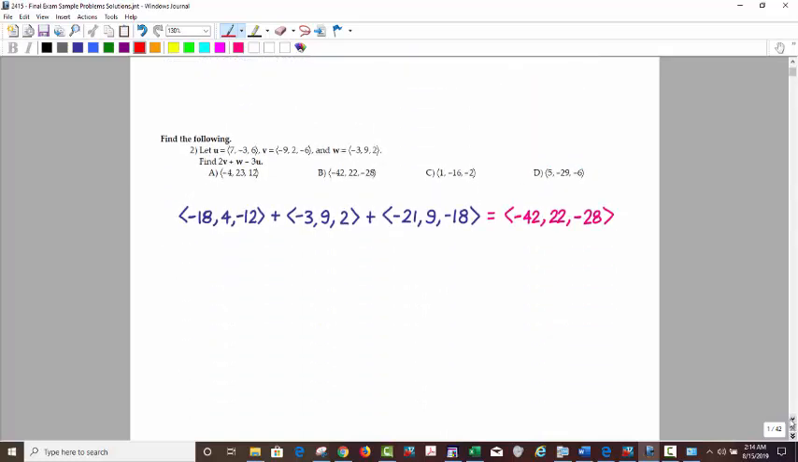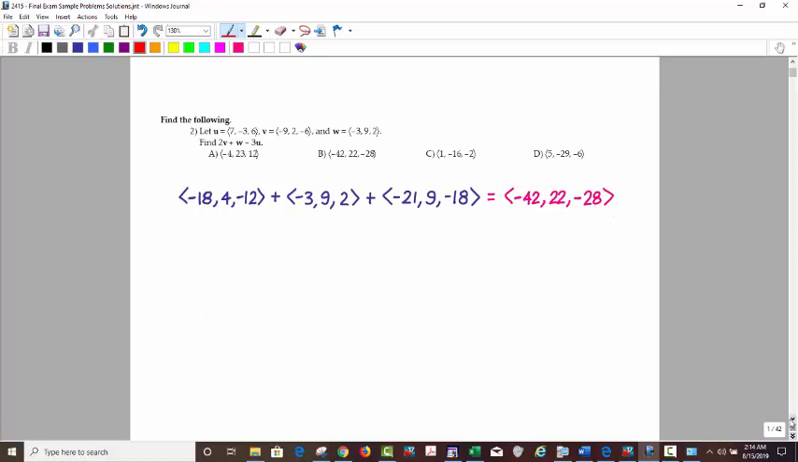Number 2. A little vector algebra here. We're going to find 2v plus w minus 3u. So here's vector v. 2 times v, so we just double every component in there. So negative 9 becomes negative 18, 2 becomes 4, negative 6 becomes negative 12, plus w, negative 3, 9, 2,